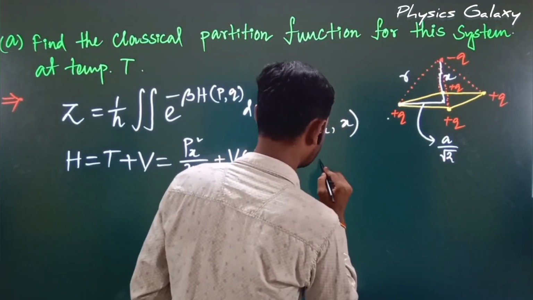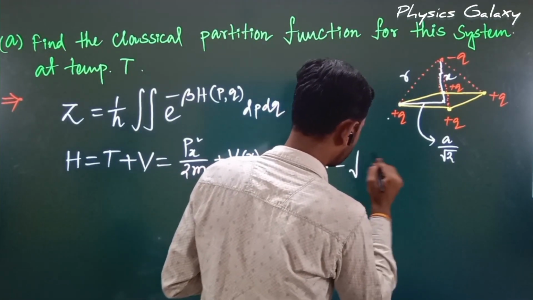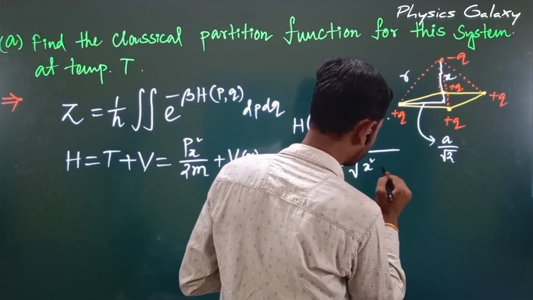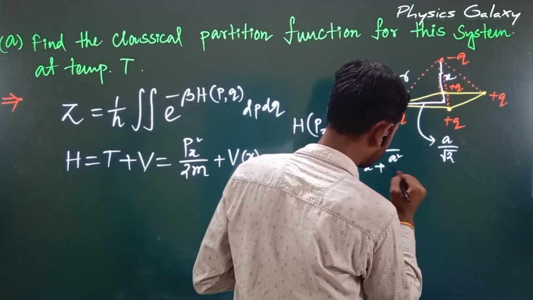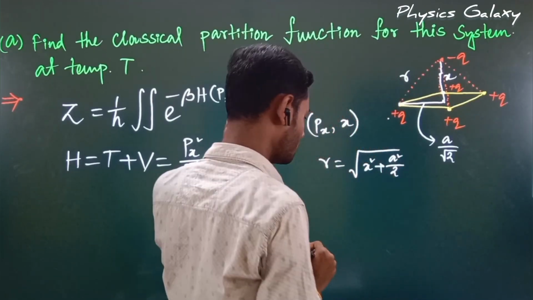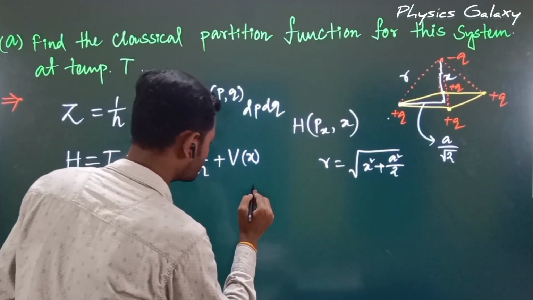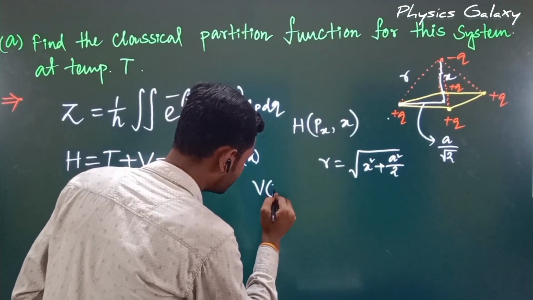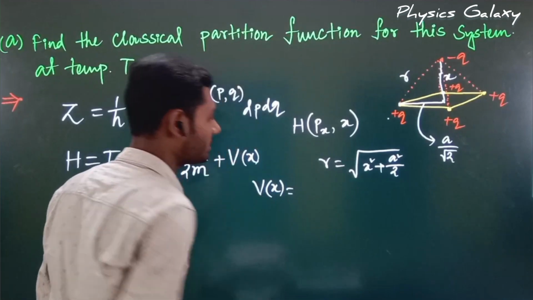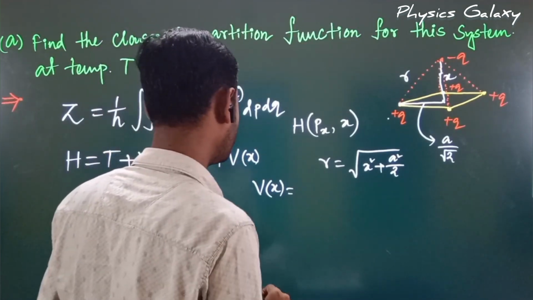So r is equal to the square root of x square plus a square by 2. The potential energy of the system, which is the electrostatic potential energy, V of x is equal to